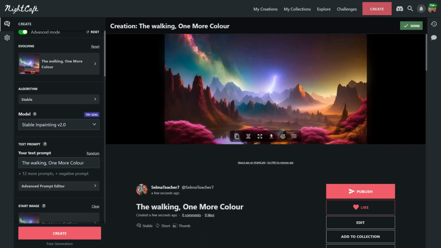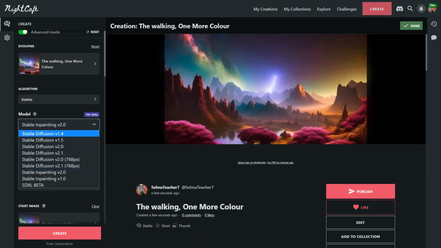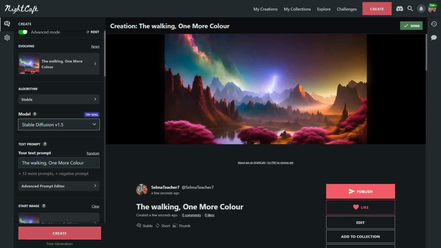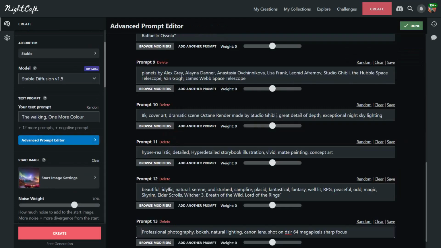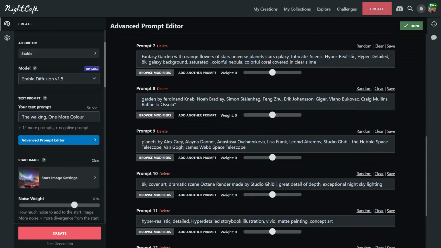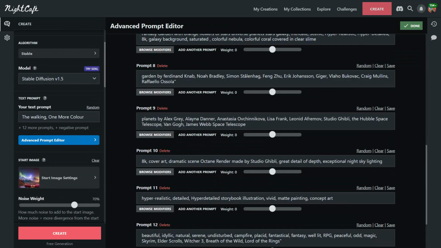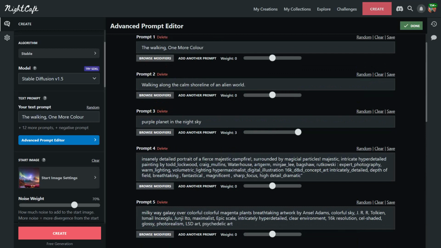Again, there's no planet up there. What I'm going to do is I'm going to click in here and change it to be 1.5. So Stable Diffusion 1.5, and try again. Yeah. So I'm really unhappy right now with it not drawing the planet up there, right? So what I'm going to do is I'm going to change that prompt one more time.